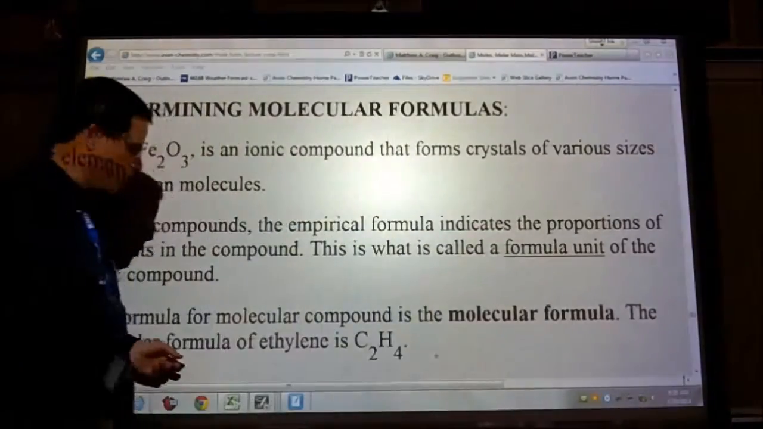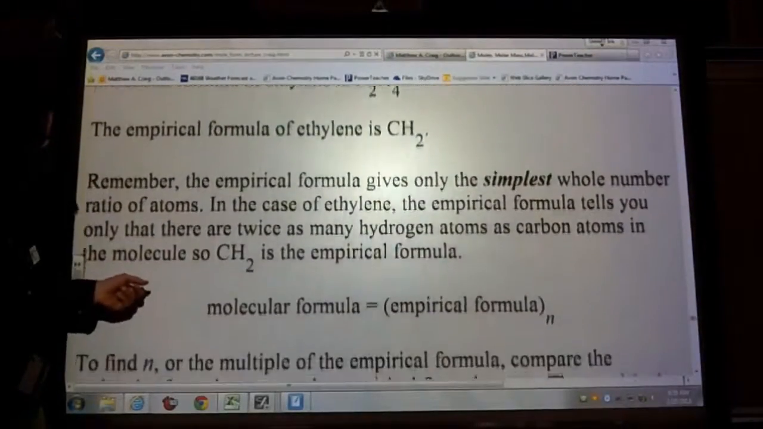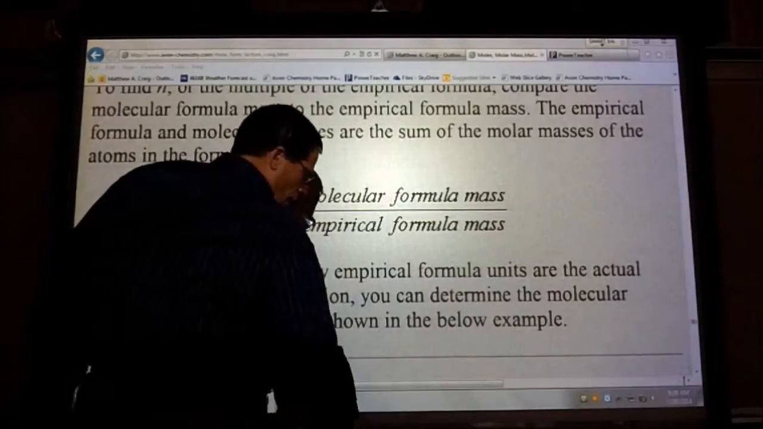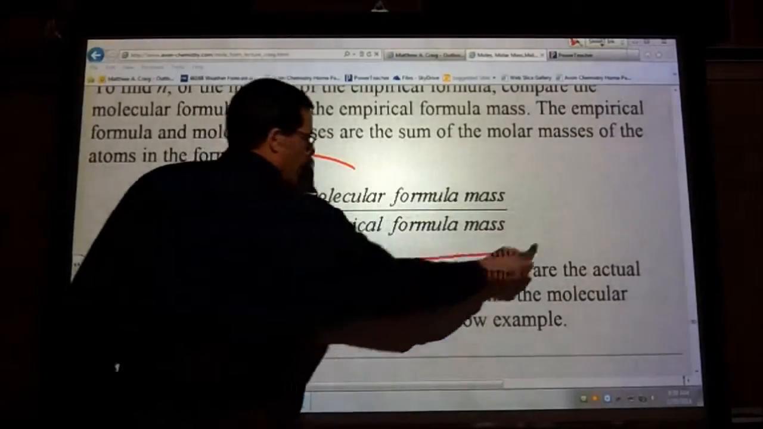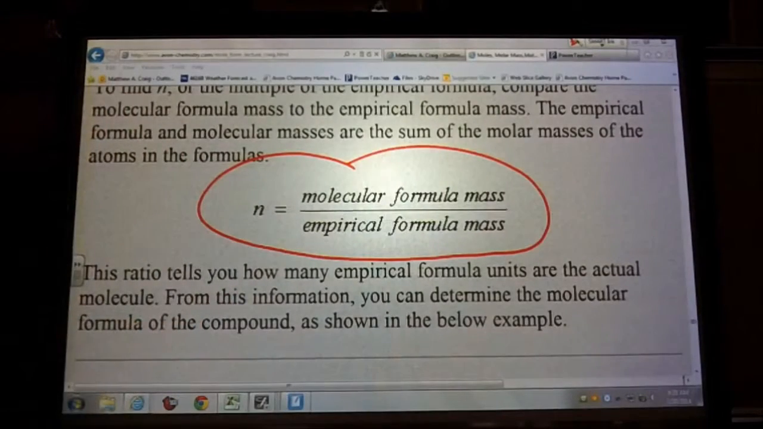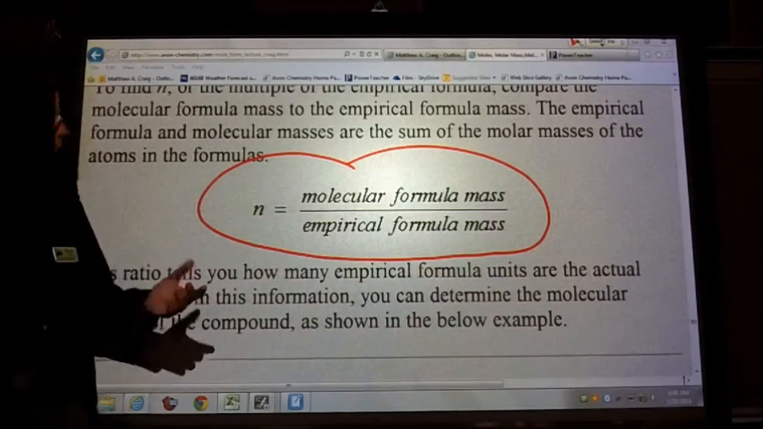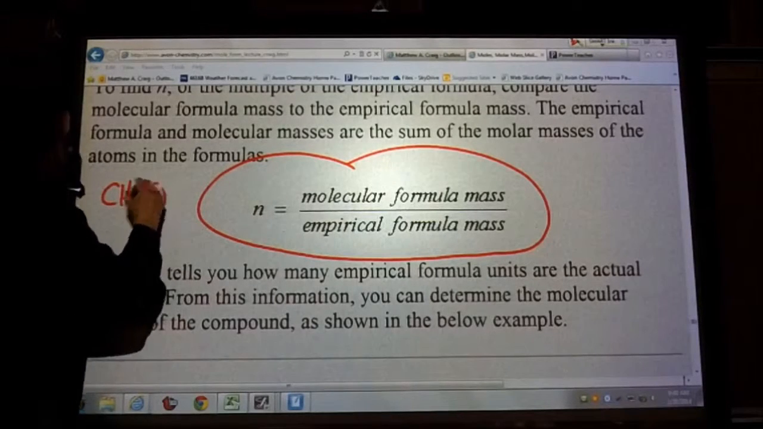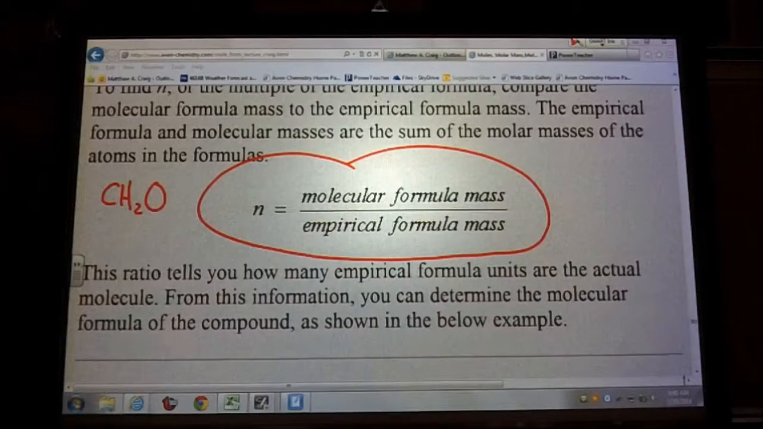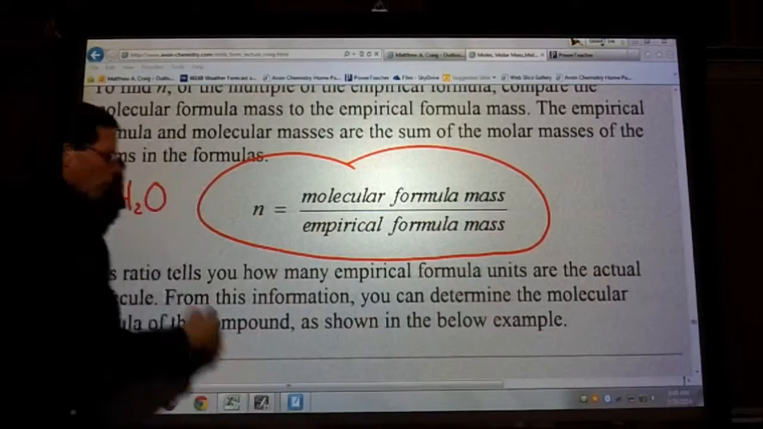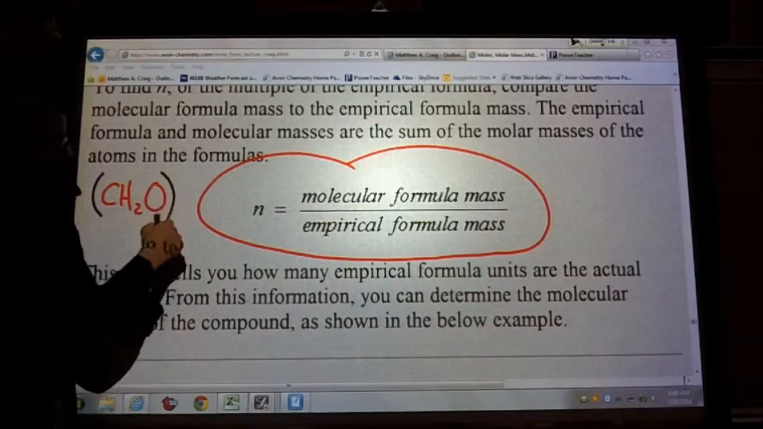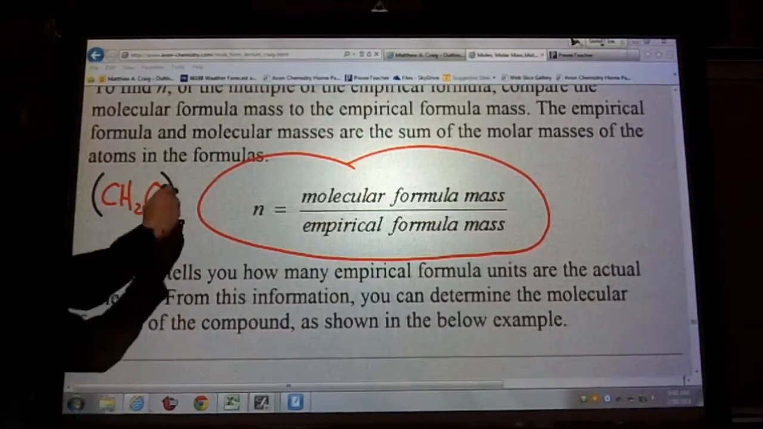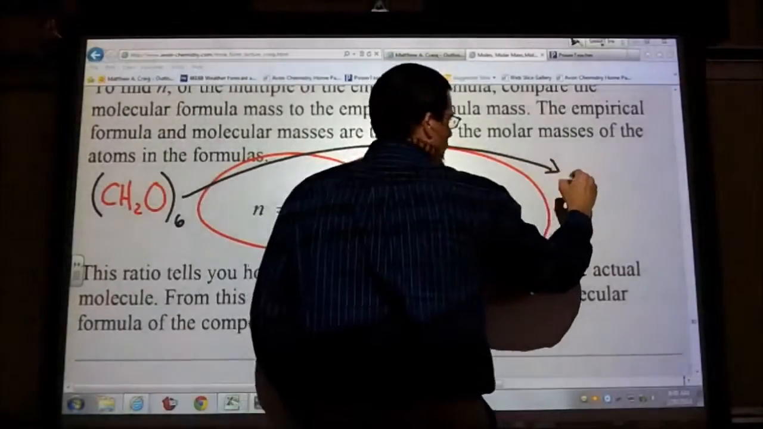And there is an equation that I had on here that looks like this. This is what's called our multiplier. This will make more sense once we start doing some practice problems. Like the CH2O I had over there, we find out what our empirical formula is, and then whatever our multiplier is, in that last case it was a 6, that gave us our